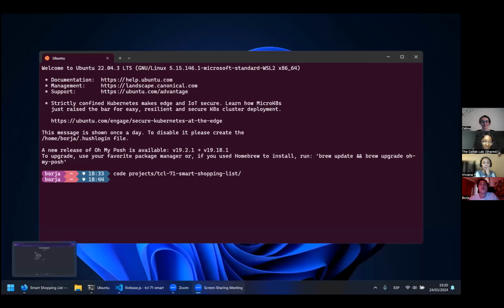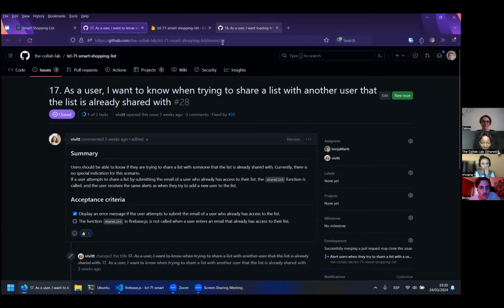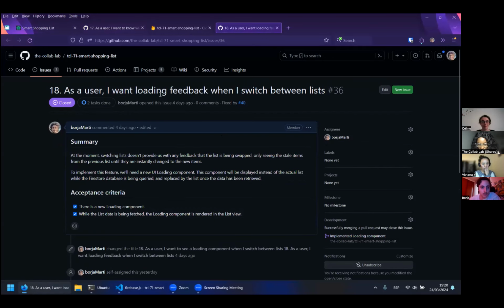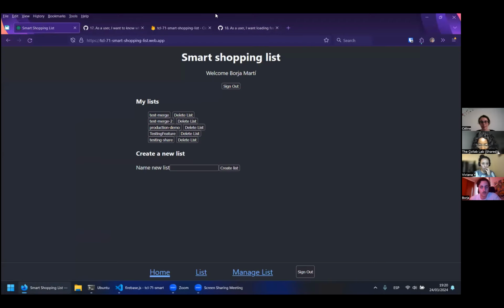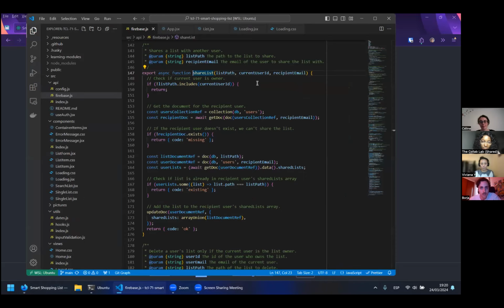Okay, so this feature consisted of a new loading component. So the issue was, as a user, I want loading feedback when I switch between lists, because previously when you switched between lists, it redirected you to the list page and you saw the previous list while the new one loaded, and then it automatically changed. And the way it works now is that when you switch between lists, you momentarily see a loading spinner instead of the old list. And the way this is implemented,